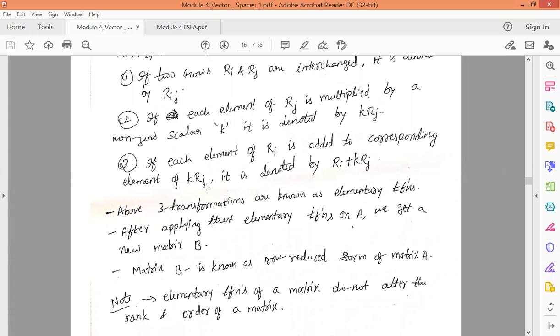Whenever we perform the row reduced form or echelon form, we have to remember two rules. One is that all the rows of zeros should be present at the bottom. I'll take an example and show. I'll just go back to the notebook, because if I explain orally, you may not understand.